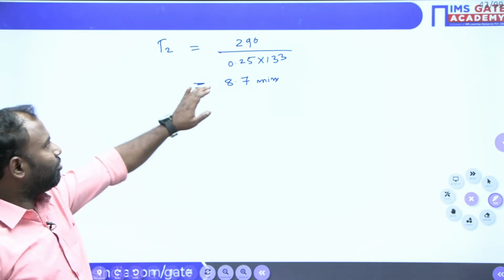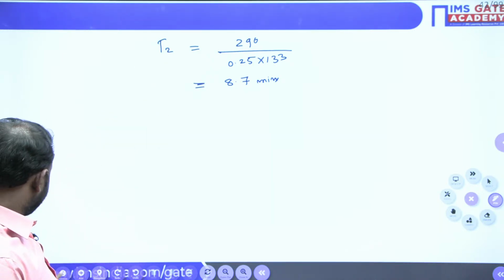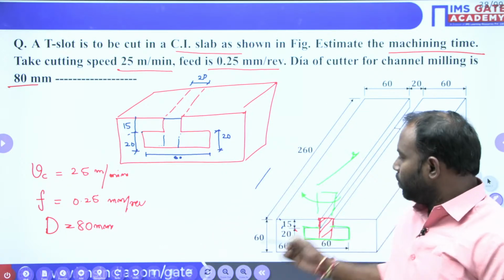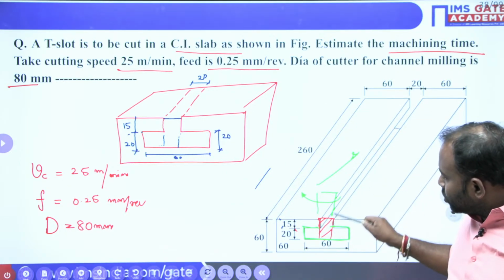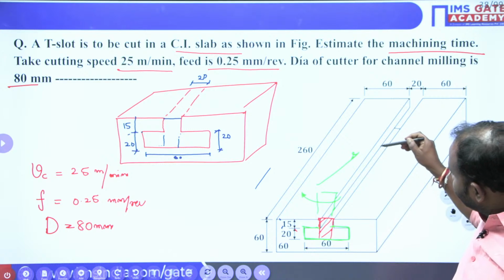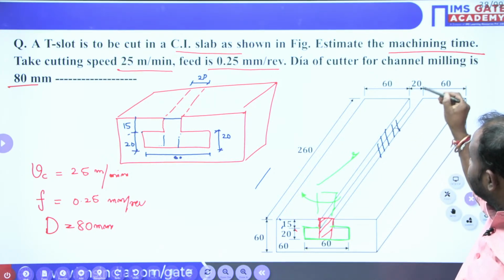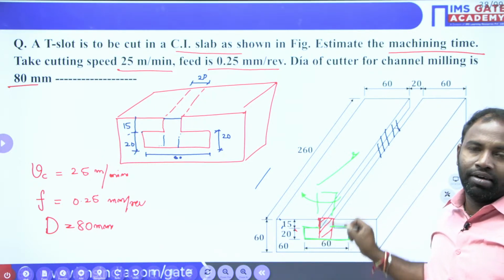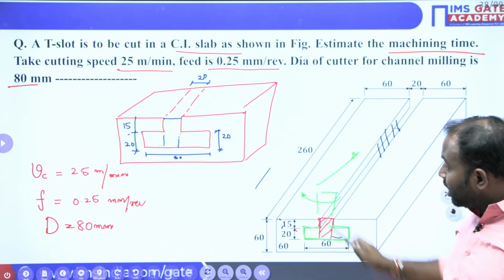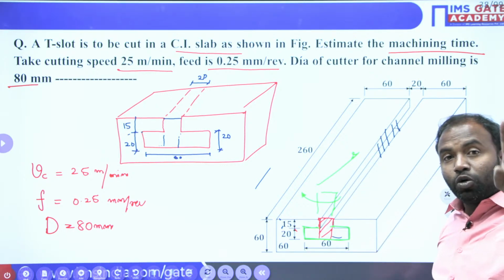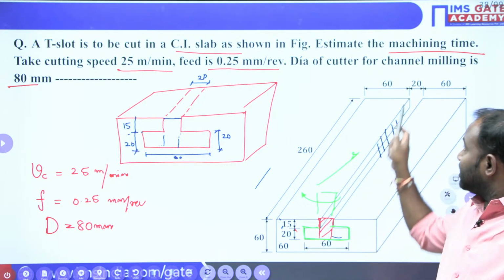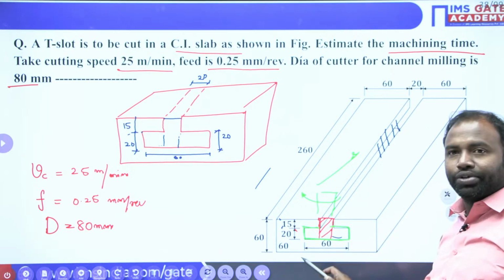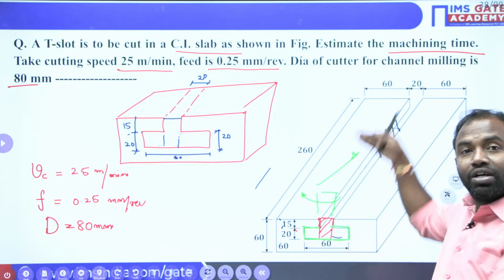Okay, right. Now from here, what do we have to find? What have they actually asked? See guys, this is a slot which we have seen. First we calculated the machining time for producing this slot. So for the 20 mm width and 35 mm depth of the slot, we calculated the machining time. From there, we produce this T-slot in a 260 mm job. So here I have taken two machining times: the machining time for producing the 20 mm width of the slot, and the machining time for producing the 60 mm width of the slot, so that we will get the